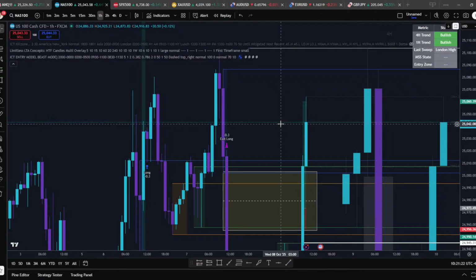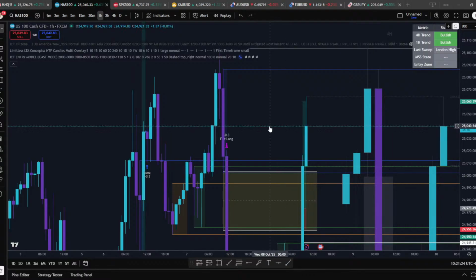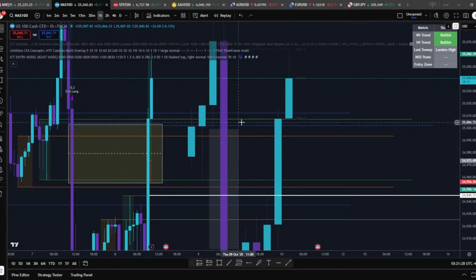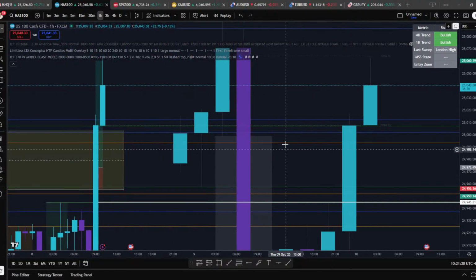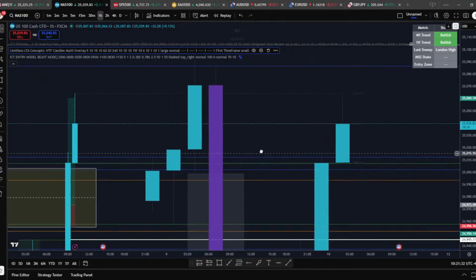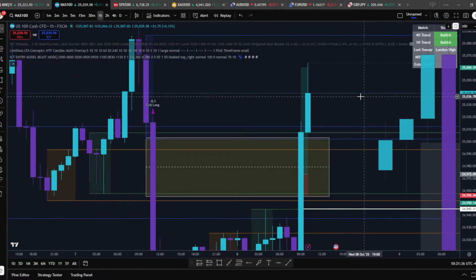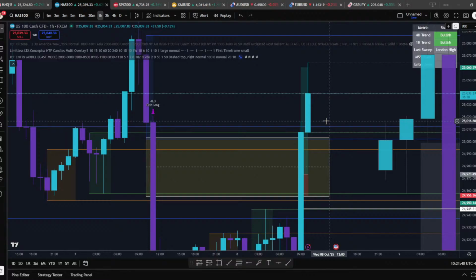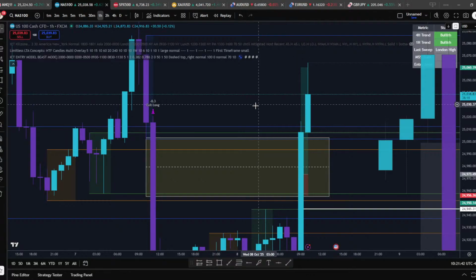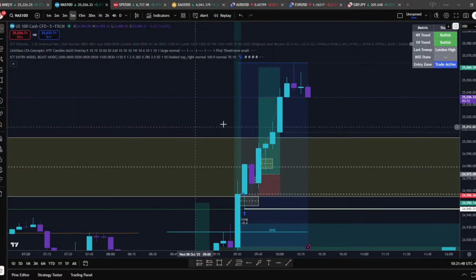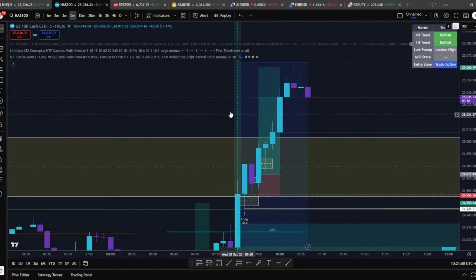We inverse the 4 hour. We inverse the 4 hour. Inverse the hour there. We could respect this hour here. And if that's the case, you look for a short down. But